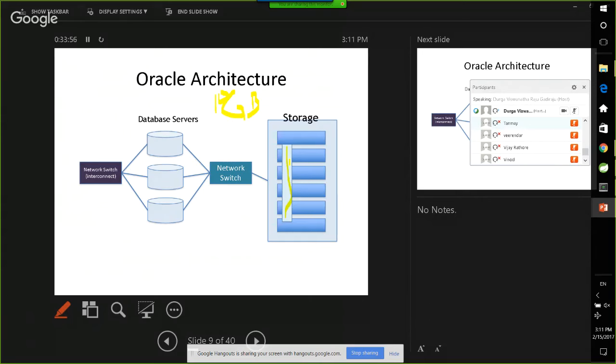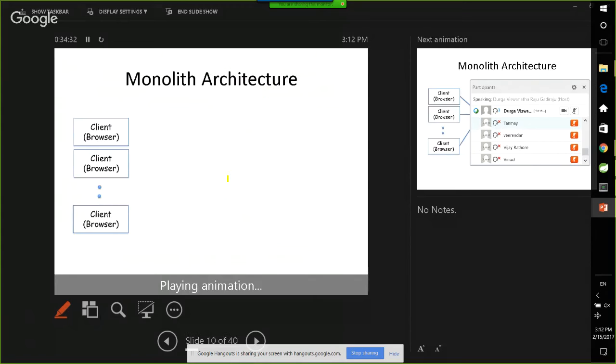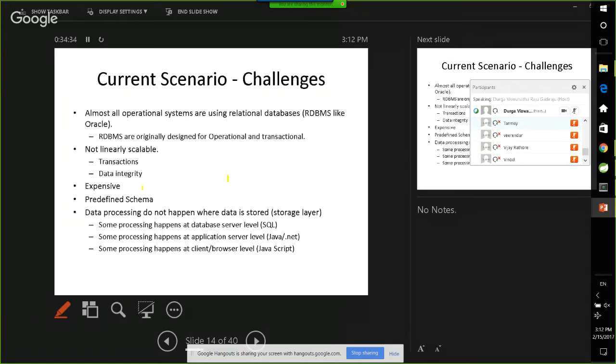Because at the processing layer, it will be single threaded. It has to go through the entire 10 GB worth of data using one thread. That will take some time. The major time consuming task will be network I/O. You can use a parallel hint to mitigate the issue to some extent. But if you are talking about terabytes of data, that parallel hint will not work because it has to use the same network switch. The network switch might become a contention. So that is another challenge.